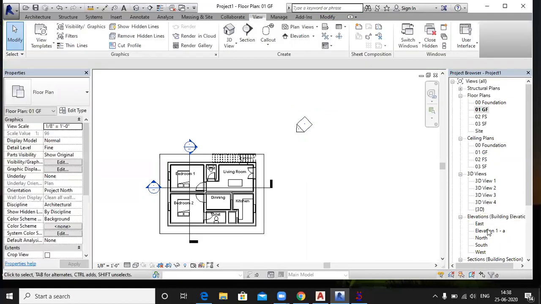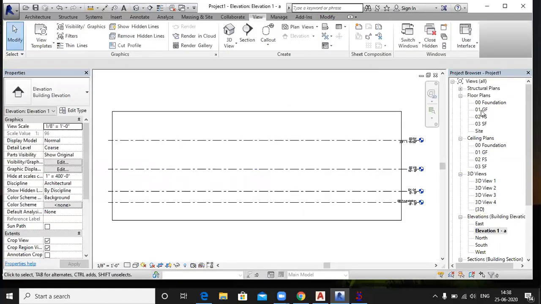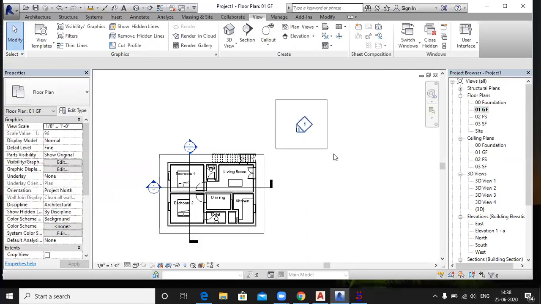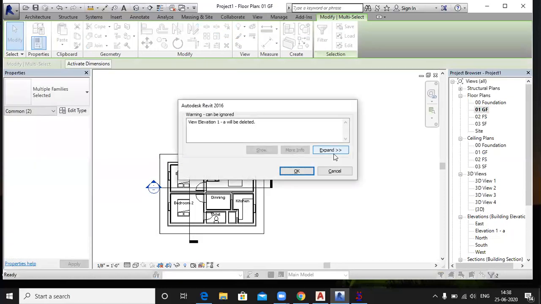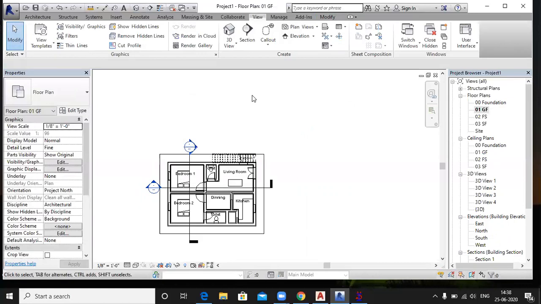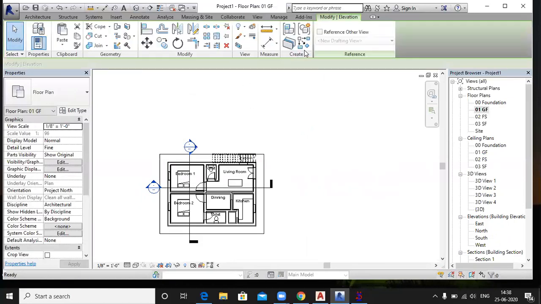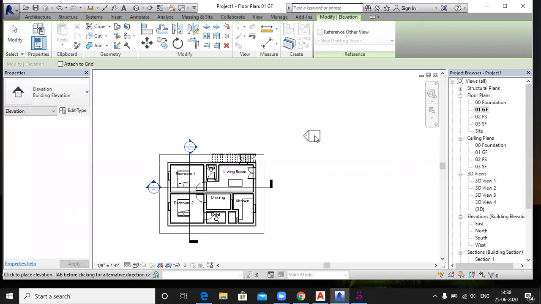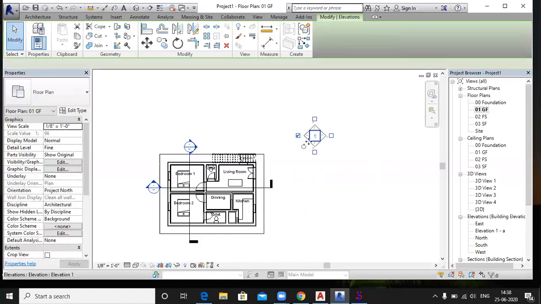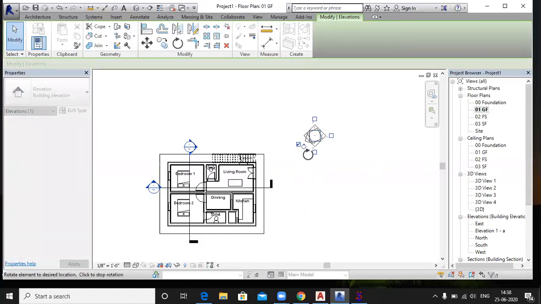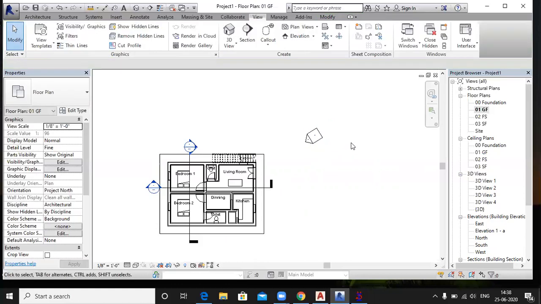So you can click on this. Just delete it, right? Or you can create another elevation point from this, press the escape button and rotate it like this, right? Right, sir.